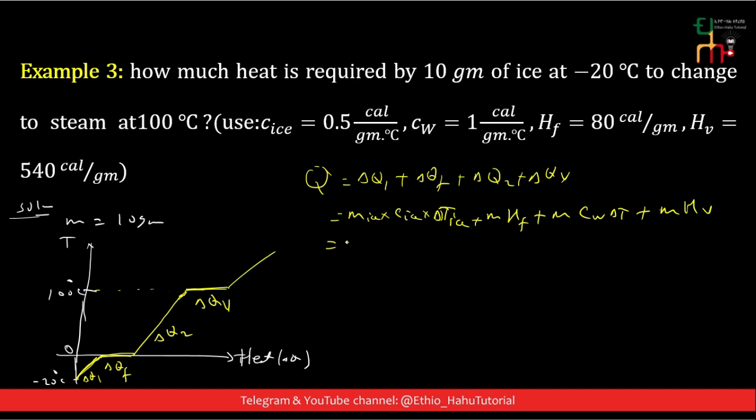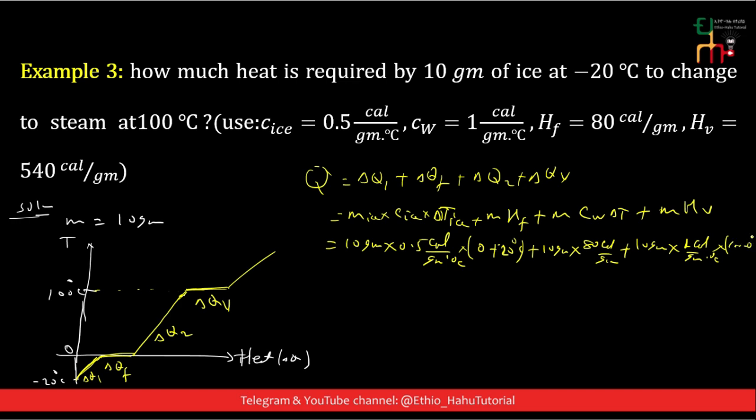Mass is 10 gram. 10 gram times the specific heat capacity of ice, 0.5 calorie per gram per degree Celsius, times delta T, the change in temperature from negative 20 degrees Celsius to 0 degrees Celsius, is simply 0 minus negative 20, which is plus 20 degrees Celsius, plus mass 10 gram times heat of fusion, 80 calorie per gram, plus mass of water 10 gram times specific heat capacity of water 1 calorie per gram per degree Celsius times delta T, which is 100 minus 0, plus mass 10 gram times heat of vaporization,